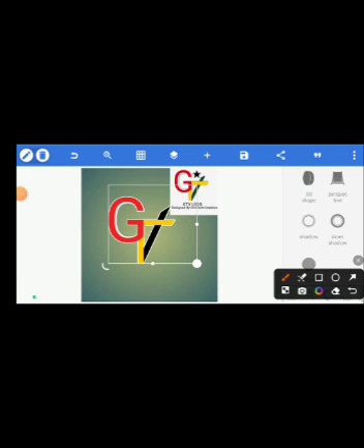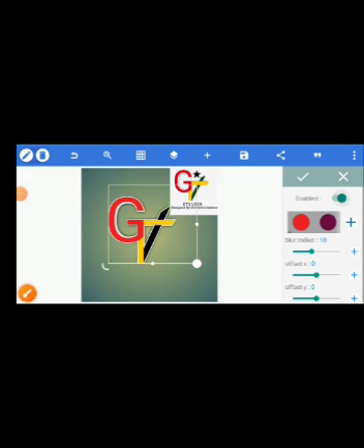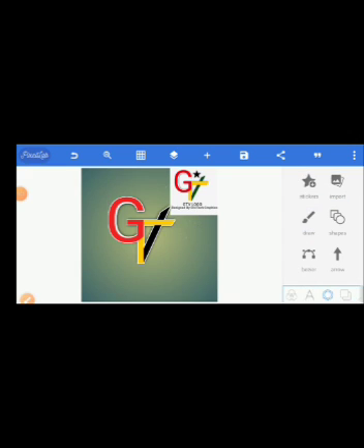So let us apply a shadow. We're almost done with our design. Let us apply a shadow. It's okay like this. Let's just increase it. It's okay like this. Just keep the blur radius to 11. It's okay this way. Then now, all you have to do again is to add this star that is here